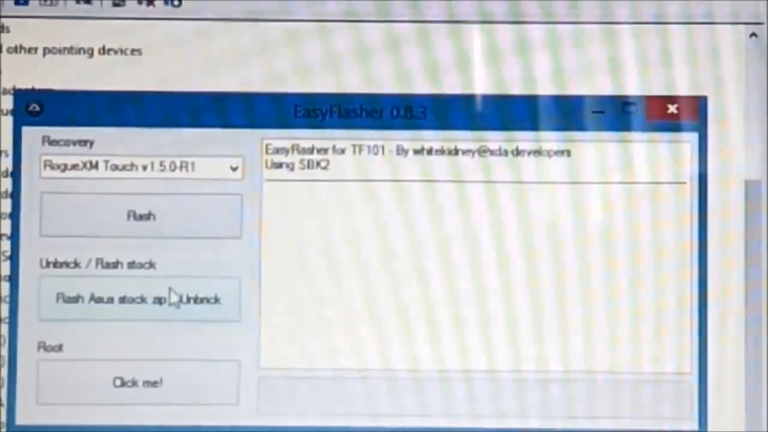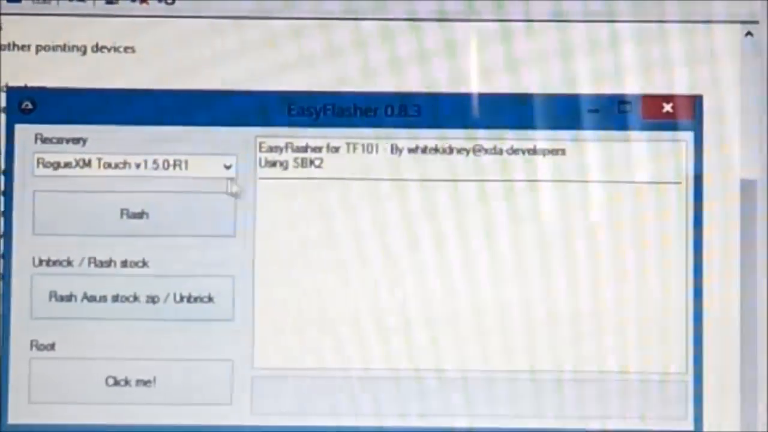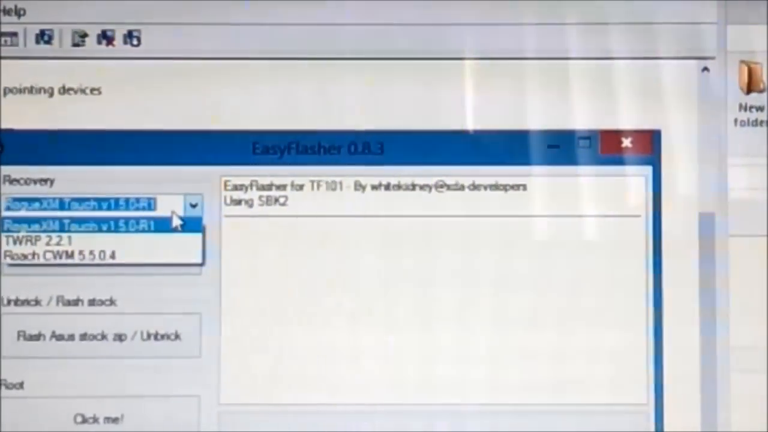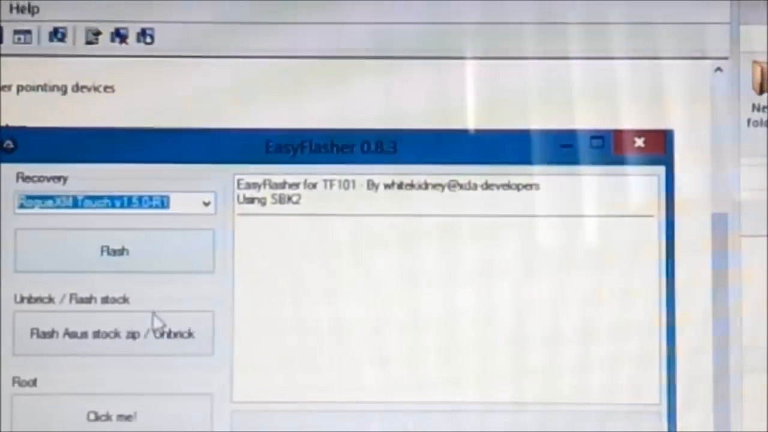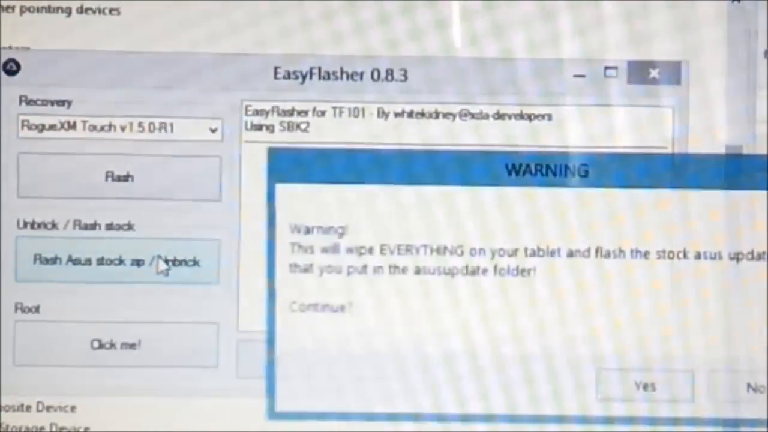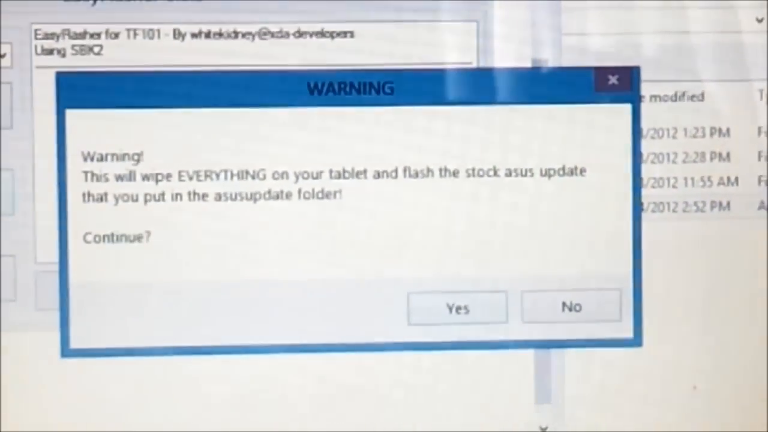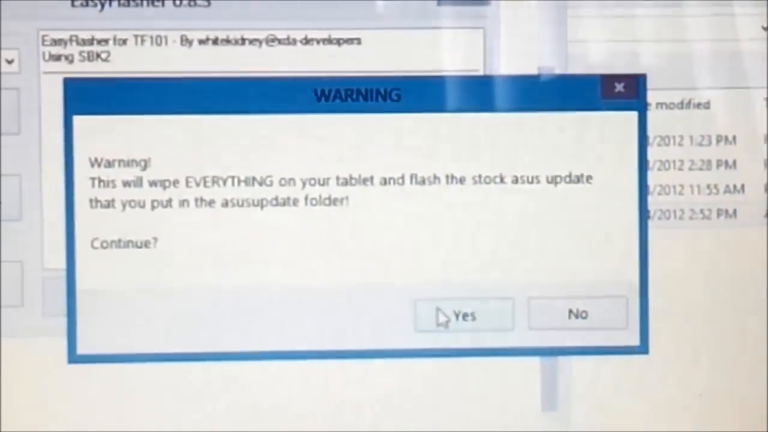Just click this one. At this point you can pick whatever you want from this portion right here. You can pick Clockwork Mod or anything, but you hit unbrick, and then it will wipe everything off your tablet. So if you have anything in there, it's gone. Okay, so you hit